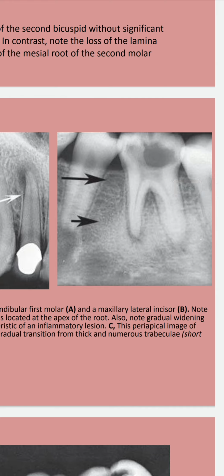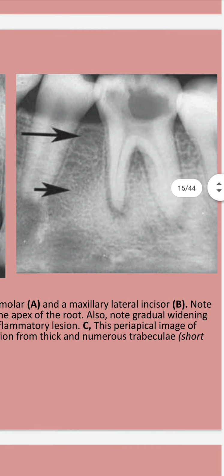As we see in this image, this is an image of lower 6. We can see carious lesion and widening of periodontal space, bifurcation involvement, discontinuation of lamina dura. Also, we can see